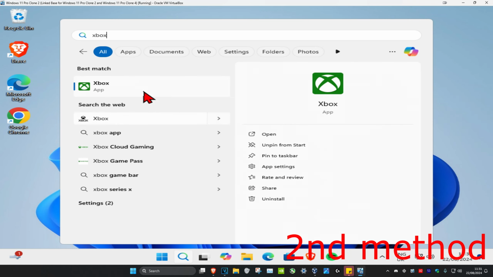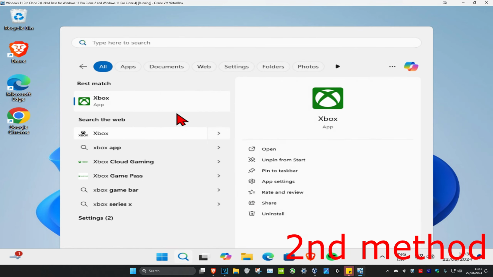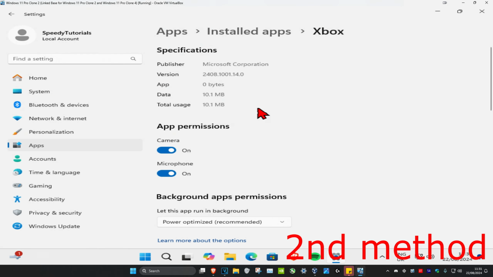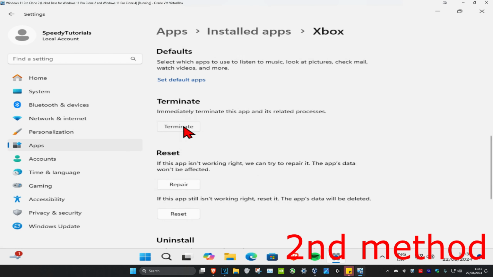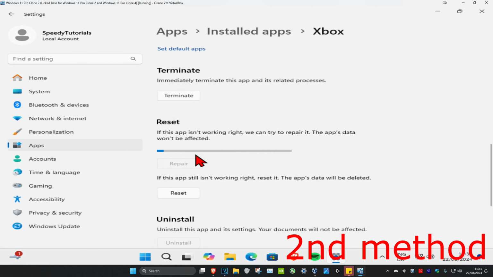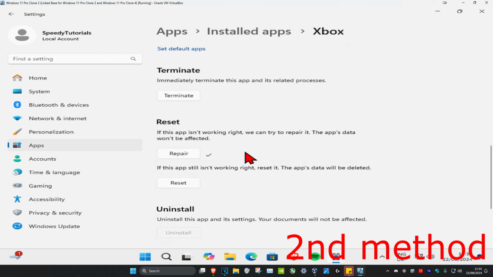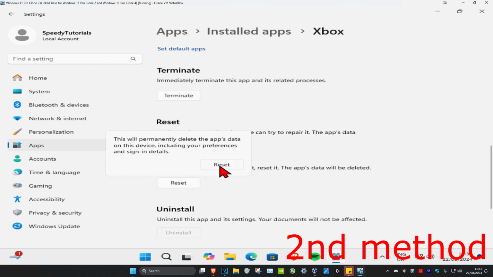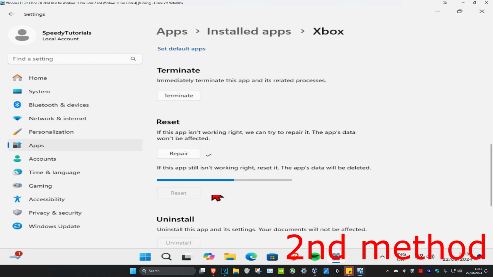in Xbox. Then you want to right click on it and then click on app settings. And now you want to scroll down and then click on terminate. And then you want to click on repair, wait for this to load. And then you want to click on reset. Click on reset again. Now once this loads up, you want to try it and see if that fixes your